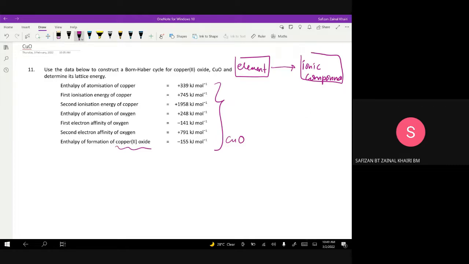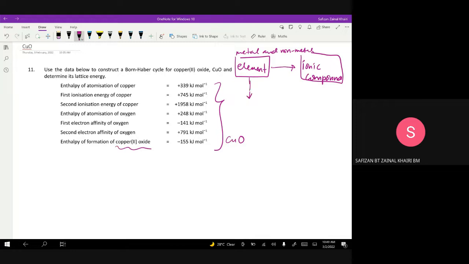It has metal and non-metal. Usually metal from group 1 and group 2, and non-metal is element from group 16 and group 17. The element, from its stable state, first step,